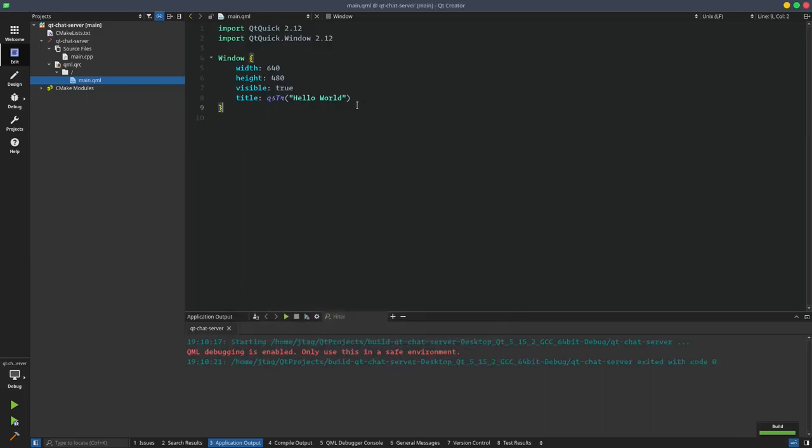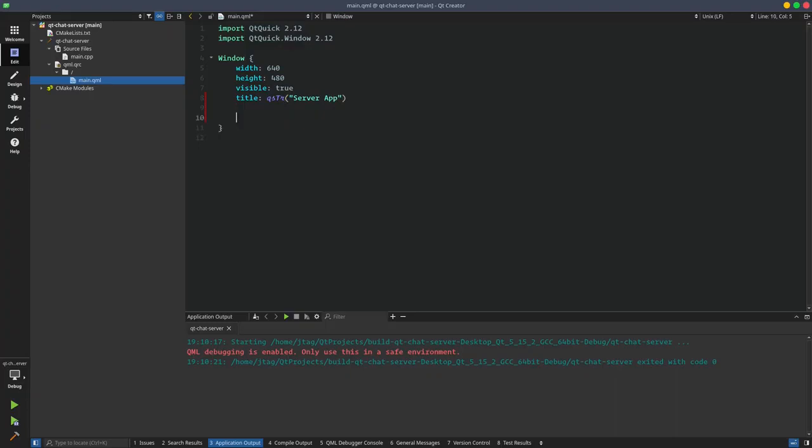Okay, so for our UI we want a simple page to show our messages, and on the bottom of our page we want to have some kind of text box to get a message from the user and send it back to other clients. So I want to choose a name for this server app. For example, here